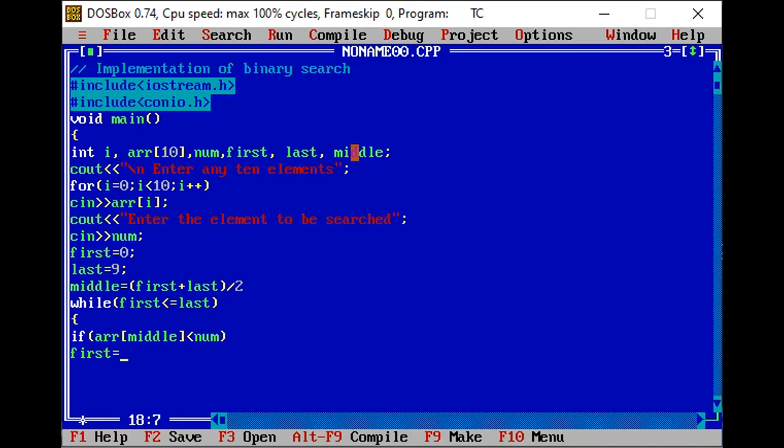If this condition is true, array[middle] means this is the value that we are finding from this middle part. So we will see whatever the middle index value will be having, if the value of that particular middle